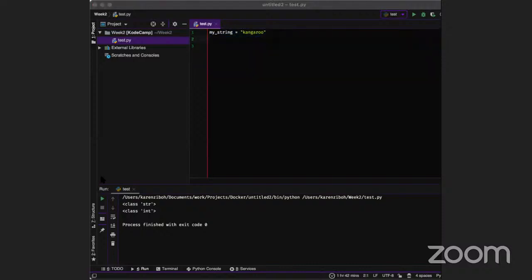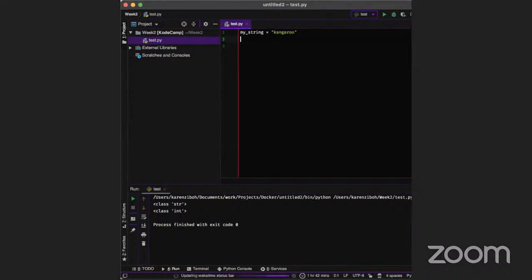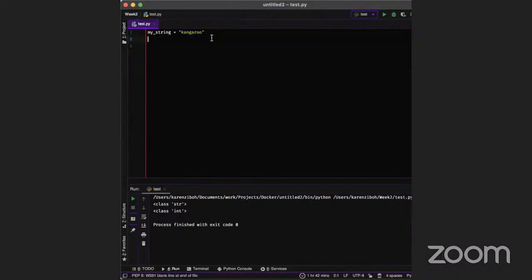Okay, back to strings. Python has built-in functions that can be used on strings. Some of them are capitalize, lower, upper, len, strip, replace. There are many of them. So let's just do a quick demo of these Python strings. Let's say we want to capitalize this string kangaroo. We just do capitalize my string. So if we print that,